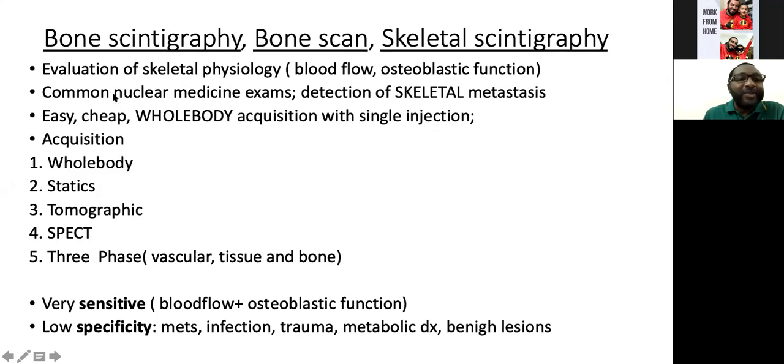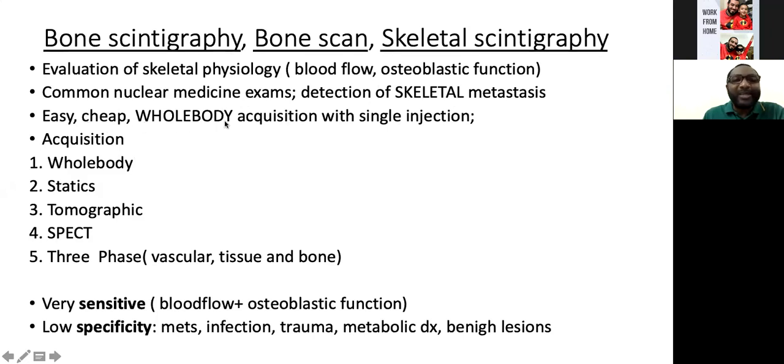Now, a bone scan is the most common nuclear medicine examination. In fact, in most nuclear medicine departments in the world, the most common nuclear medicine examination is a bone scan, and the most common indication is the detection of skeletal metastasis in patients with known primary malignancies. So almost all the patients that will come to nuclear medicine for a bone scan will come in order for us to detect a metastasis. And these patients will oftentimes come with a diagnosis of either breast CA or prostate CA, looking for metastasis. Now, bone scan has the advantage that it is cheap, it is easy to perform, and